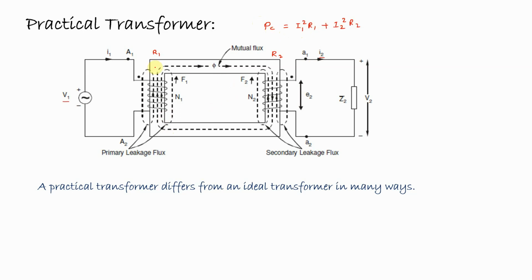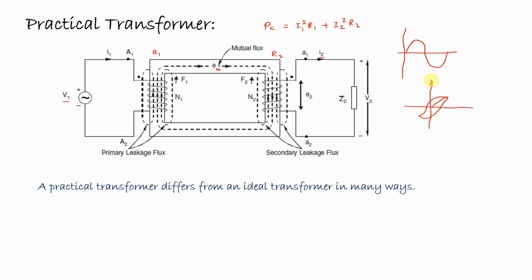The next is, here the current is alternating. So current is changing with respect to time. It is a sinusoidal quantity. So the corresponding flux that is produced will also be alternating in nature. The flux will also change with respect to the time. And when this flux flows through the high permeability core material of the transformer, there will be a hysteresis loss produced in the material. We have already discussed the hysteresis losses.